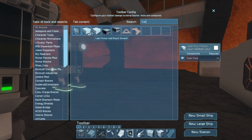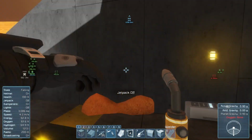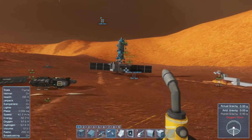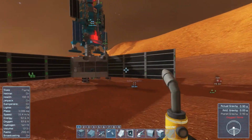Here we go. A light armor half block. Sweet. Okay, let's try this now. If you can, just take a break. All right, let's see if this works now. I changed out some thrusters for some tier 4 stuff, so hopefully it should